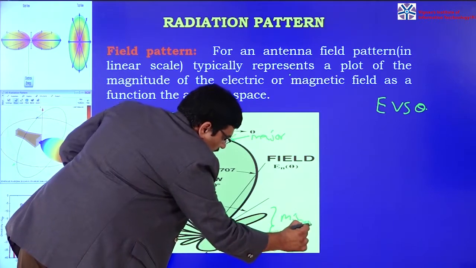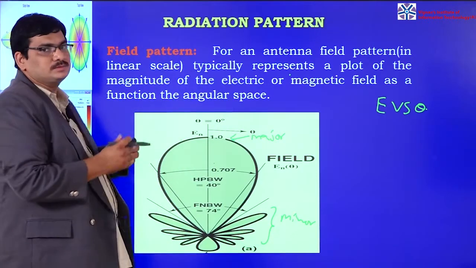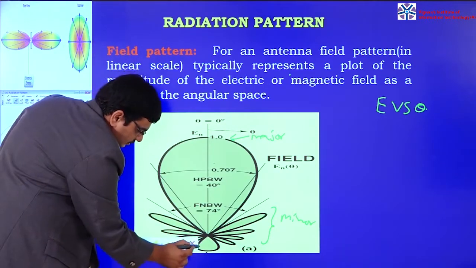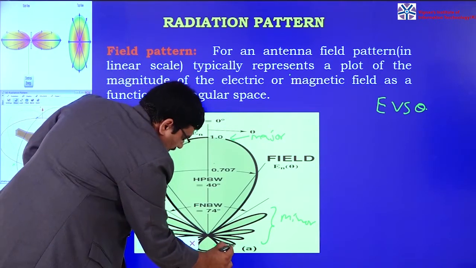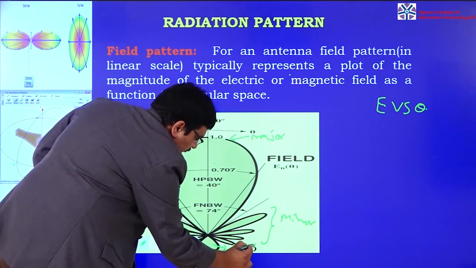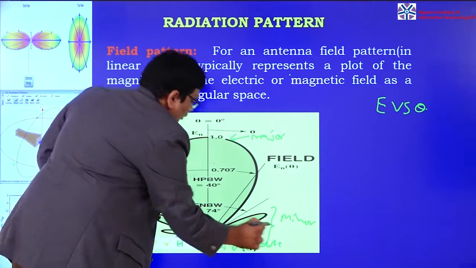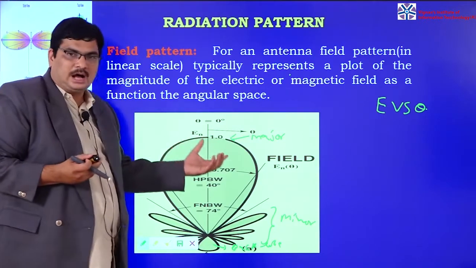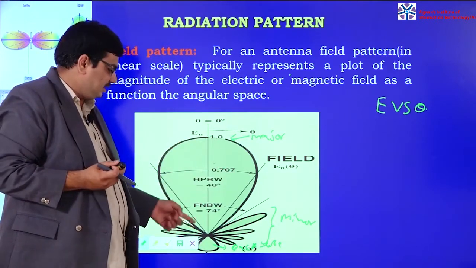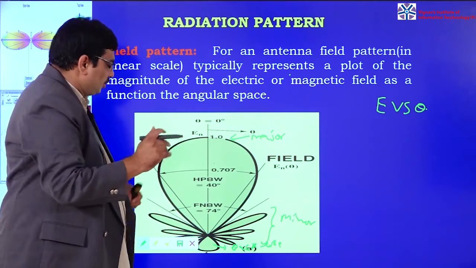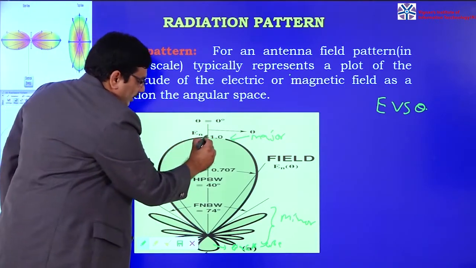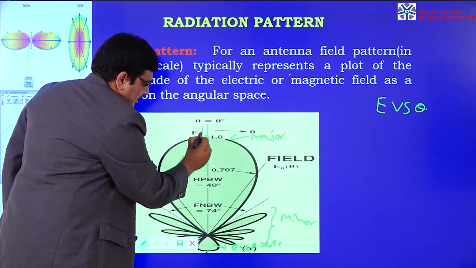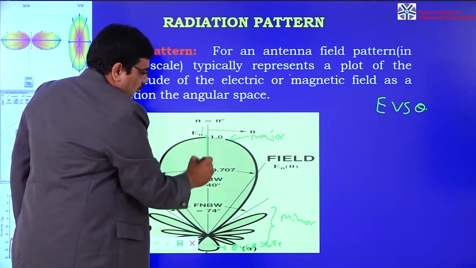These beams are called minor lobes. Minor lobes are side lobe levels, and this beam is called a back lobe. So from this plot we can find out the half power beam width as well as the first null beam width. So if you draw from maximum signal, that is maximum signal is 1, from here to 1